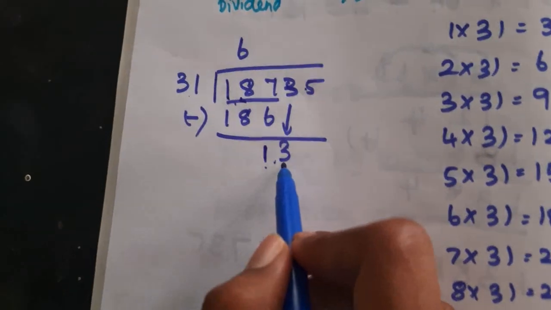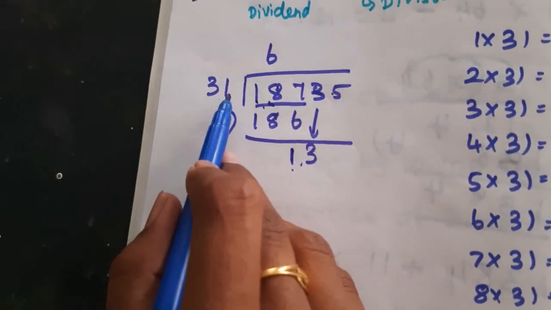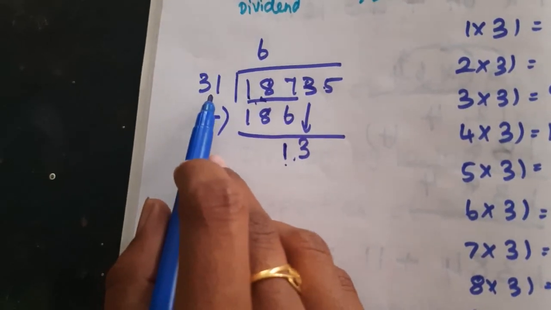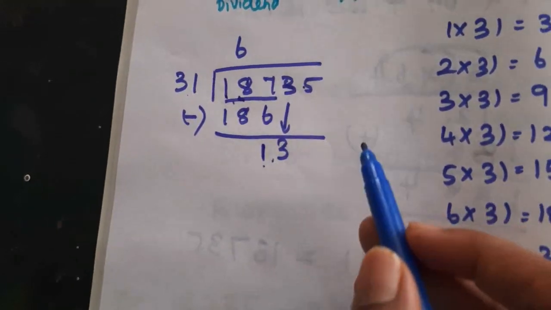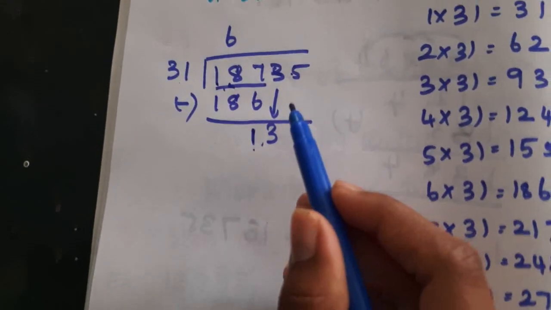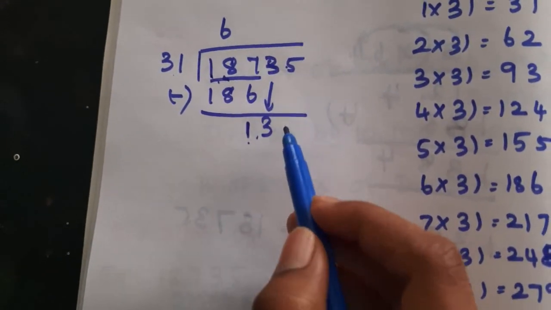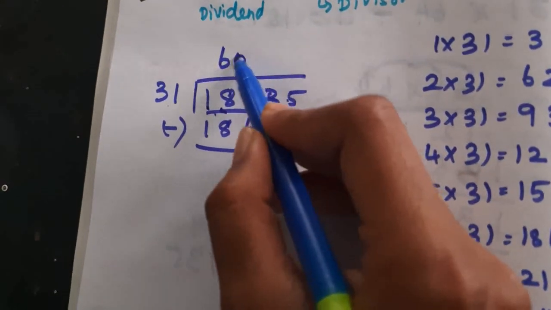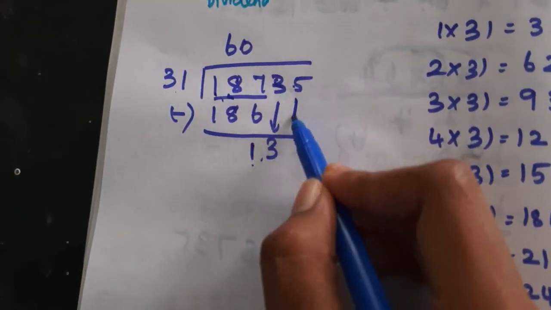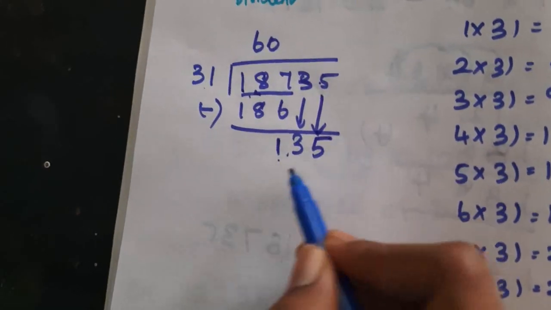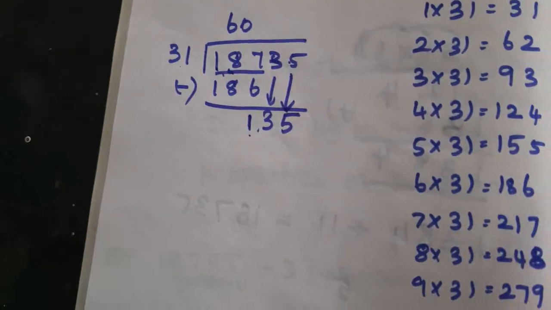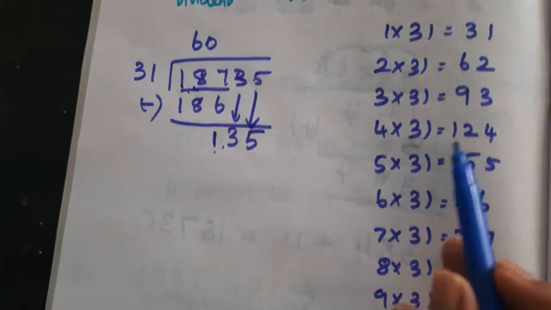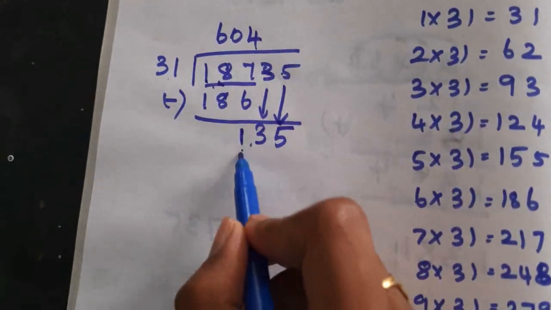Now it is 13. So 13 and 31. Compare: the divisor is the greater number. So here we have to take another number's help. Those two numbers we have to use in the next step itself, which means we have to put 0 in the quotient place. Now it is a 5. 135. Is 135 there? No. So nearest to 135 is 4 times of 31. So its answer is